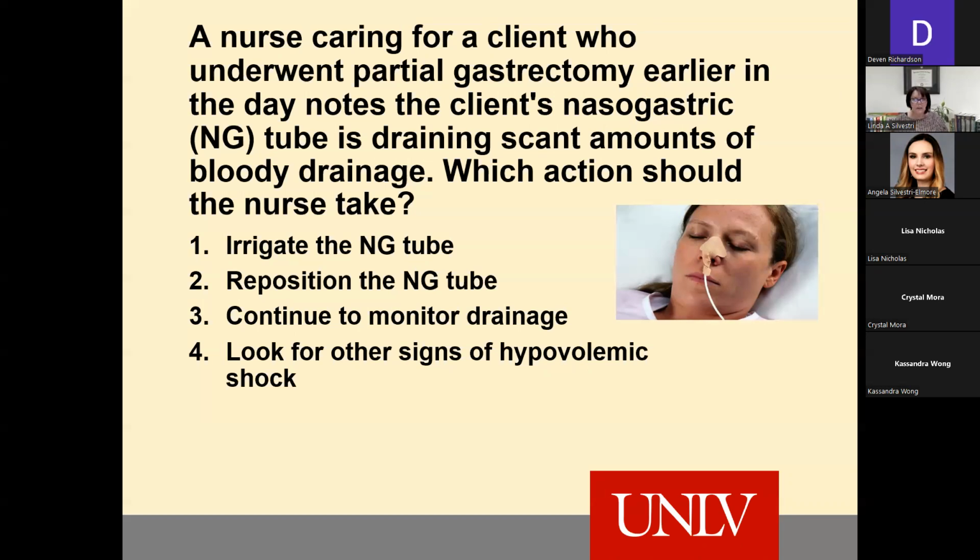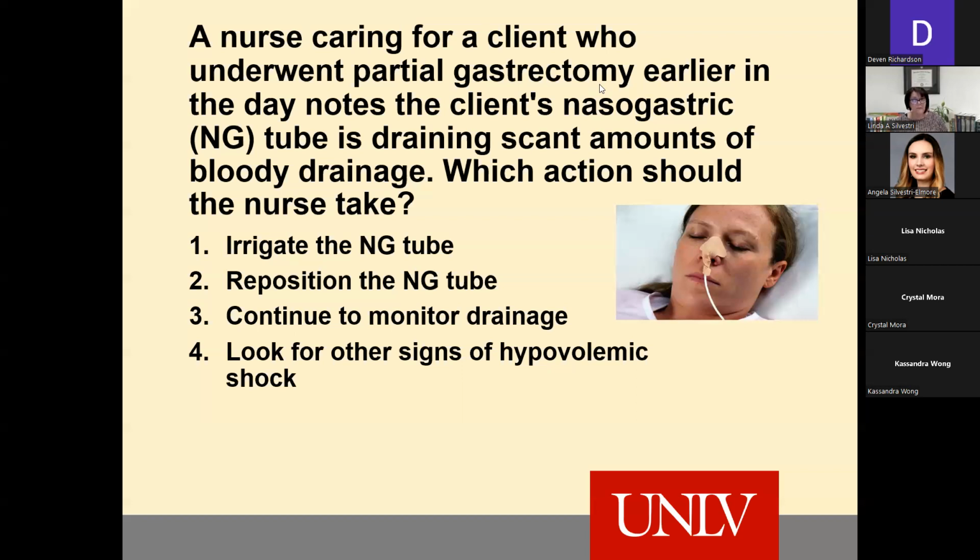Irrigating the tube, it's not the best choice. First of all, there's only scant amount of bloody drainage, and there's no indication that that tube needs to be irrigated. So you wouldn't want to do that. Plus, for anyone who underwent a gastrectomy, you really need a physician's order to irrigate that tube. You can't just go irrigating on your own, because when the person has a gastrectomy, an NG tube is inserted,